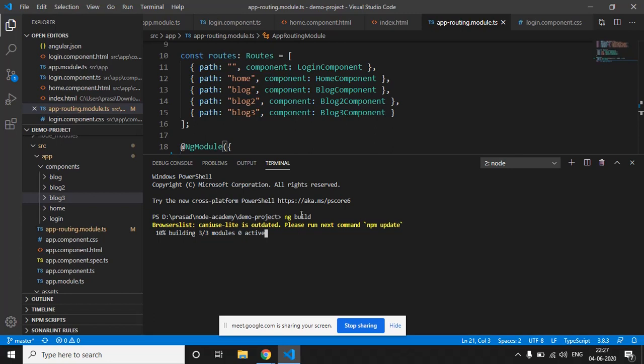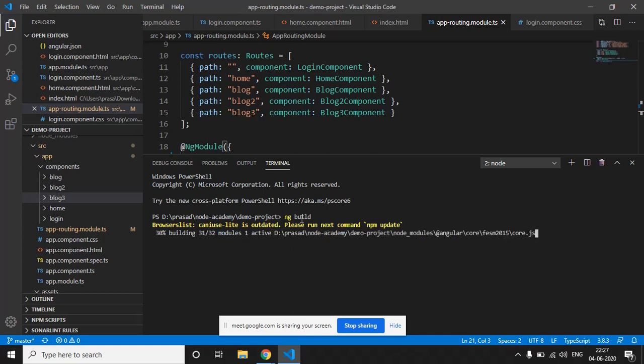The process of converting TypeScript code into JavaScript is called transpilation, because it converts TypeScript into JavaScript so that the browser can understand whatever code we have written in TypeScript, right?